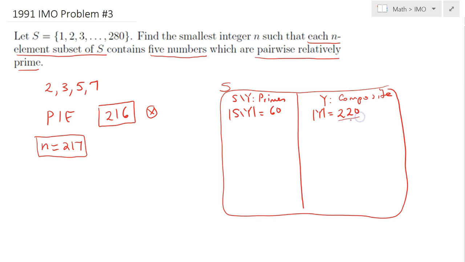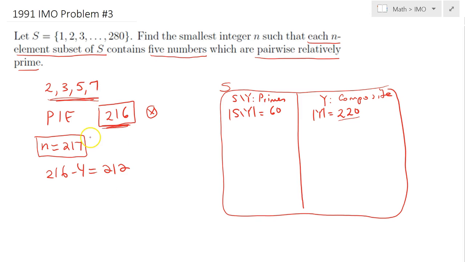The main idea to get the 220: once you counted the 216 using PIE, so to find all the numbers which are divisible by 2, 3, 5, or 7, or a combination of all these, what you do is you take out the 4 primes. So once you take out the 4 primes, you have 212 numbers remaining,